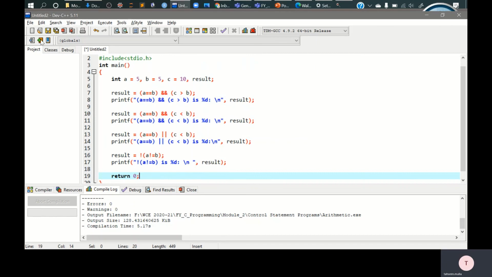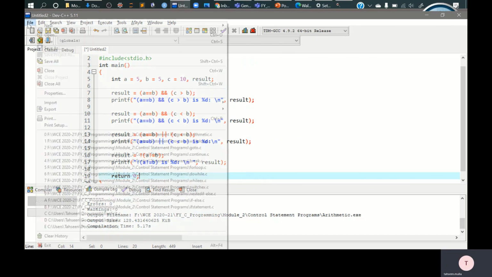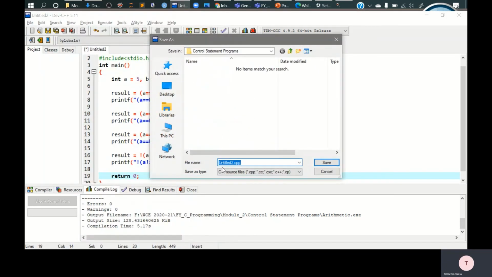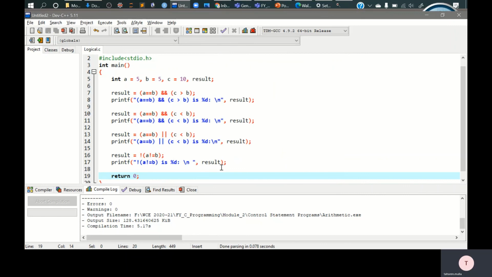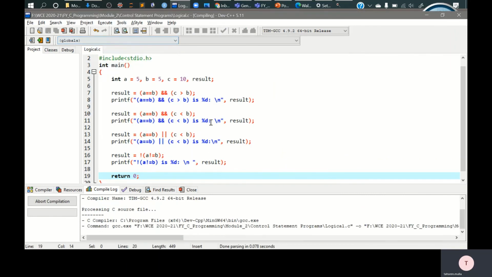Okay, I'll save this program. I'll give it the name logical.c. I'll save it, and then we'll execute this program and see the output, which will be in terms of zeros and ones.